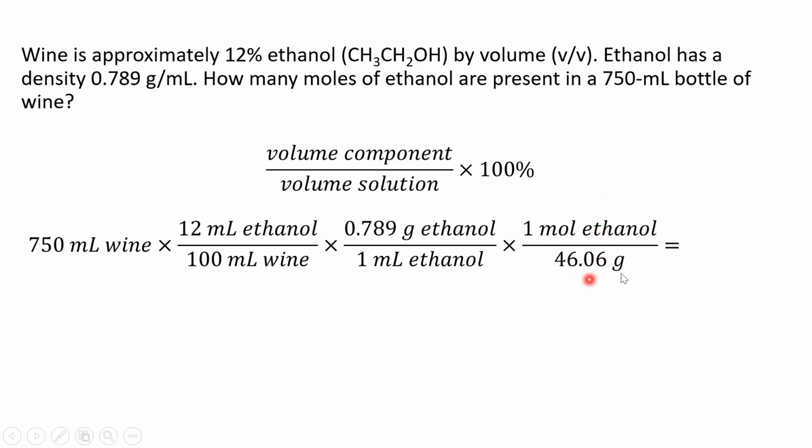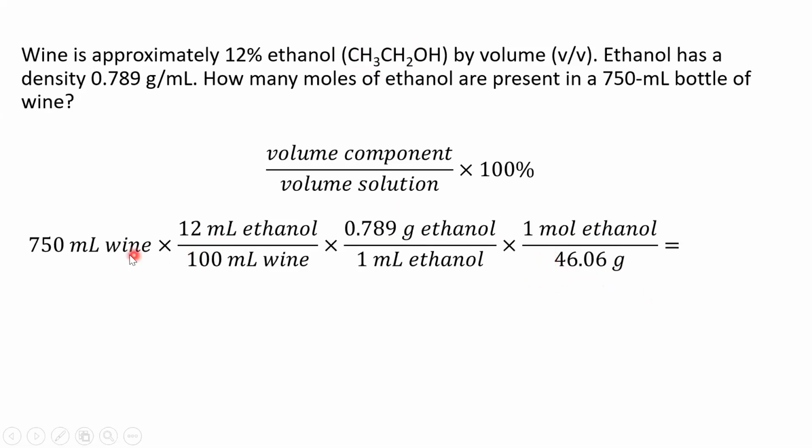This number comes off the periodic table. Here's the formula for ethanol. It would be carbon times 1 plus hydrogen times 3 plus carbon times 1 plus hydrogen times 2 plus oxygen times 1 plus hydrogen times 1. All of that added together off the periodic table gives us